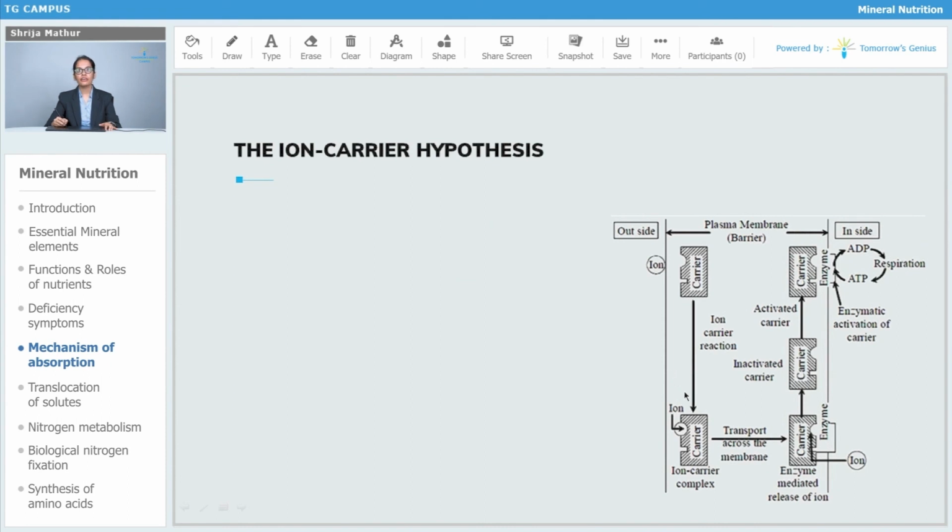So in the ion carrier hypothesis, you can see in the diagram that the carrier is coming, the ion is getting attached to it, they make up a complex, and then they are moving. When they are moving, there is a breakdown of ATP, the ATP is used, and then the carrier is